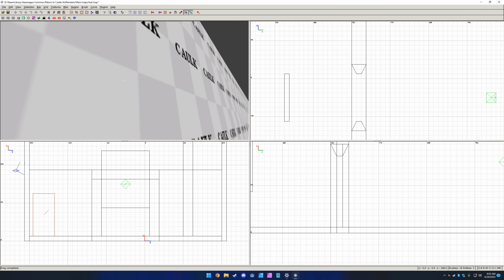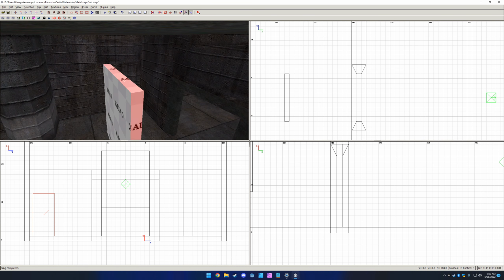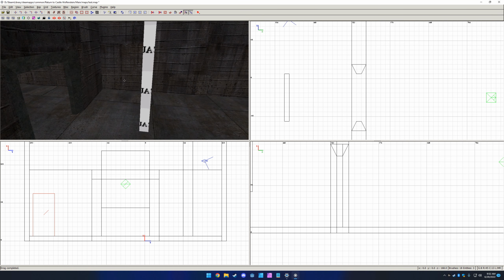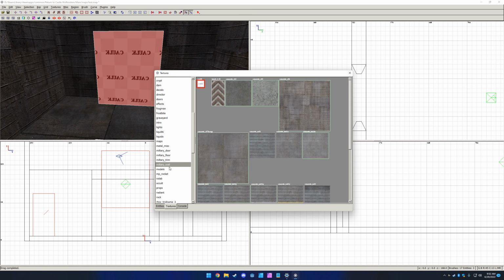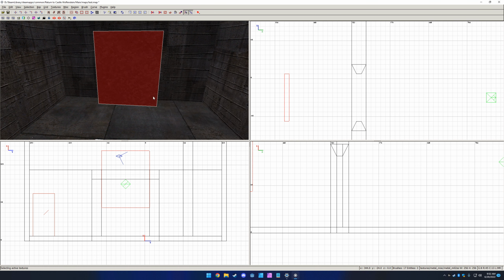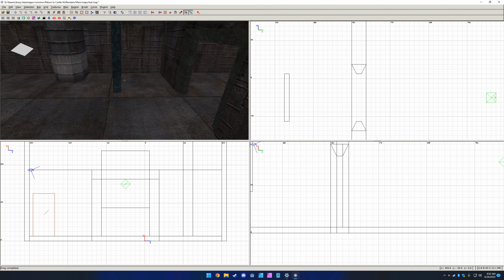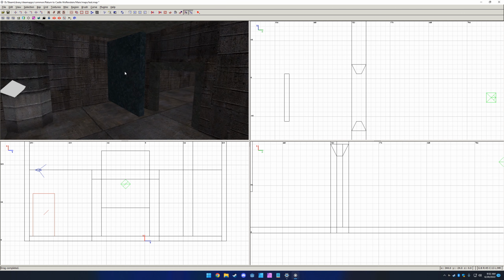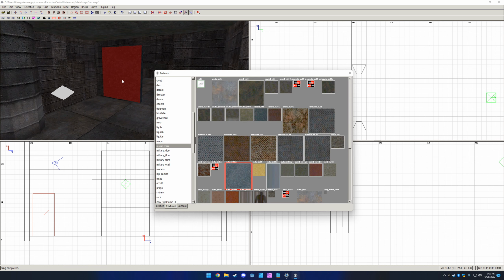We want all the sides or edges, like these guys, to be textured. So what you can do to be lazy, you can shift click the door, and let's go into the metal texture category. I'm going to choose this blue metal. Doesn't really matter, choose whatever metal you want. It's going to texture the whole thing metal, including every edge. So now I can just Control Shift left click each face, and we're going to find a door texture we like. I'm going to go to military door,